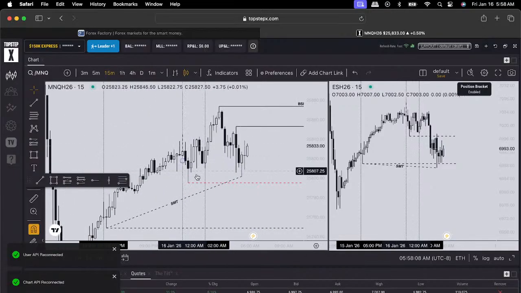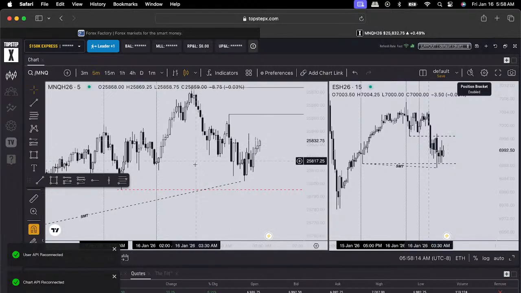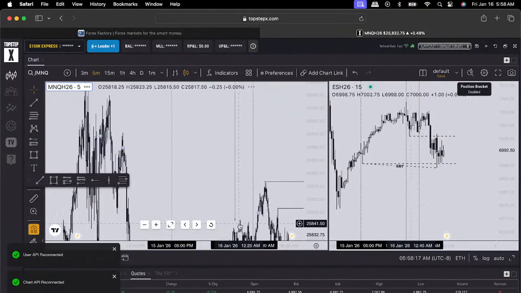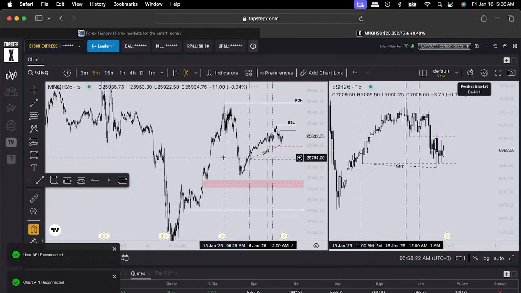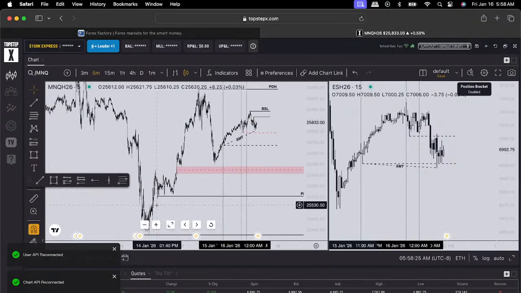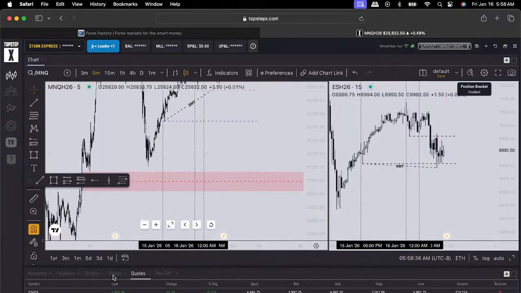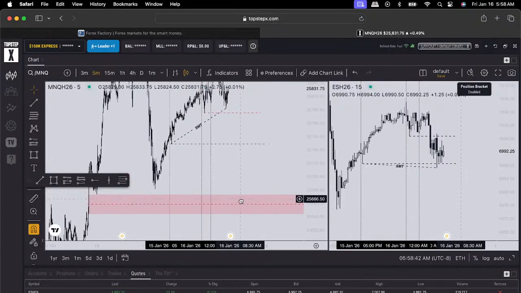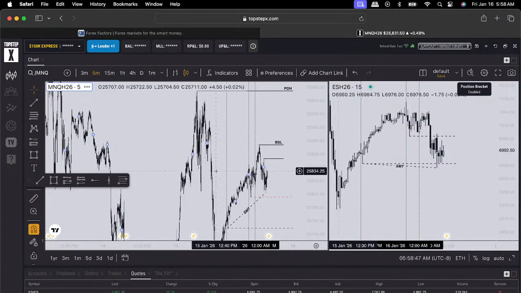That makes sense to me, but it looks like we were a bit chopping around. Pre-market chop. Where's our previous day highs again? Up there. Alright. Previous day lows down there. So we have a daily low down here. That's day low. Yeah, I don't think we'll come back down. I think we do want to come back up, just from how the market's looking.